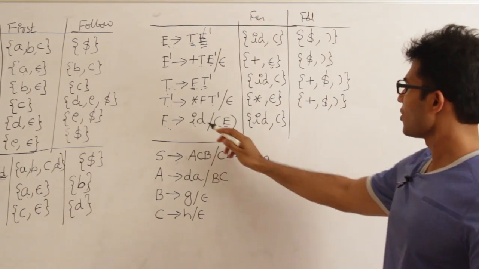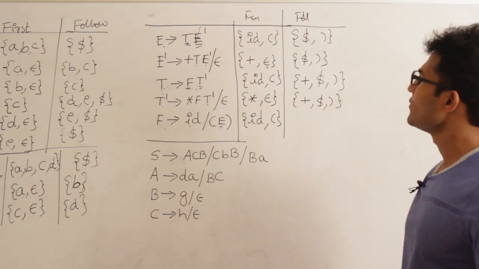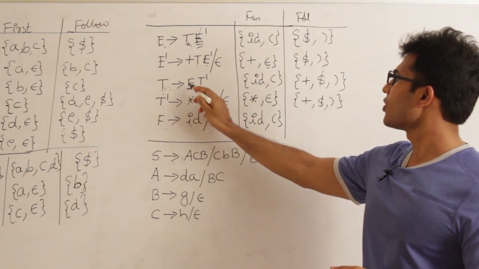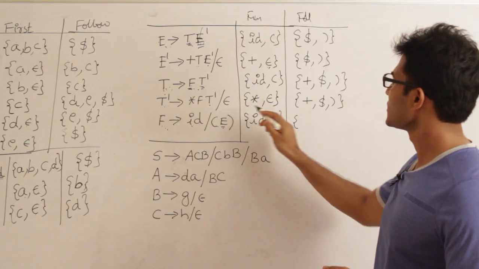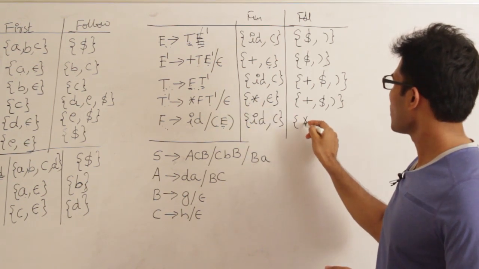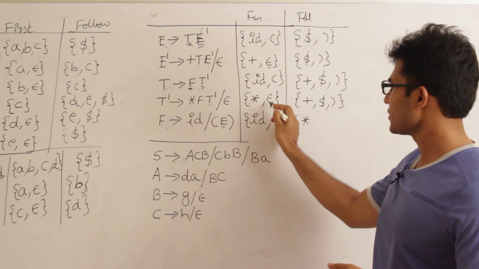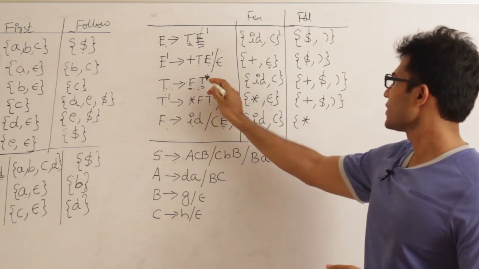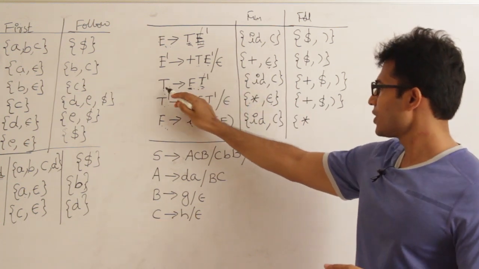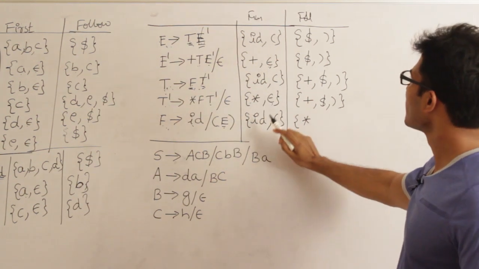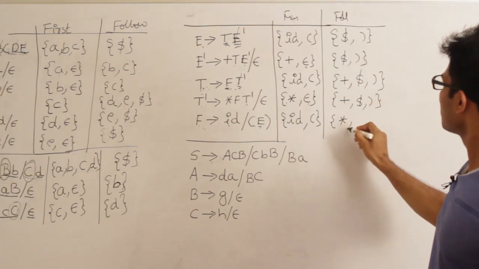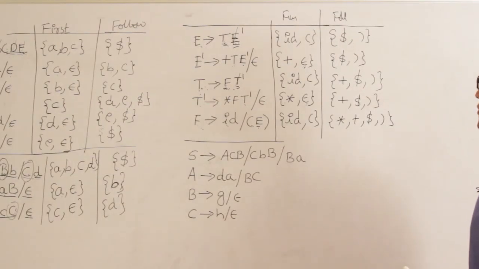And what about follow of F? See anywhere there is F. Yes, F is here. Follow of F is first of T dash. What is first of T dash? First of T dash is star and epsilon. Don't write epsilon in the follow. Substitute epsilon here. If I substitute epsilon here, follow of F is follow of T. What is follow of T? Follow of T is plus. So next one,